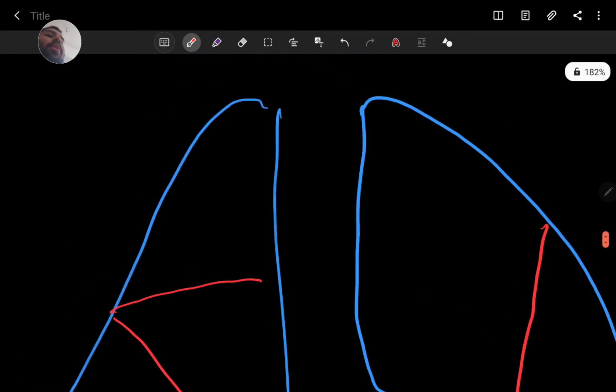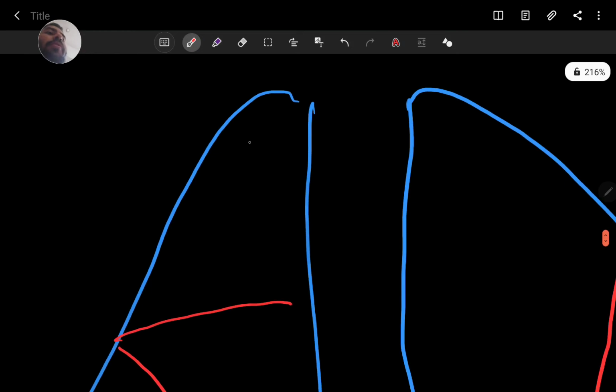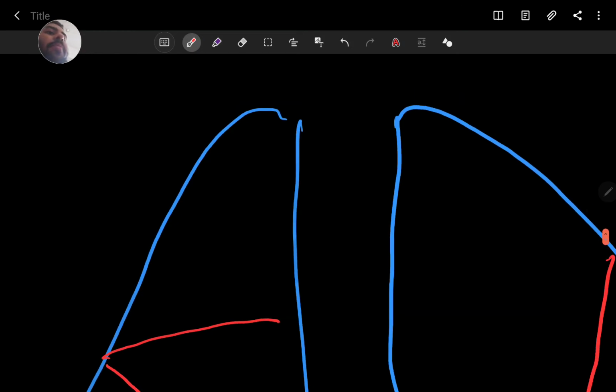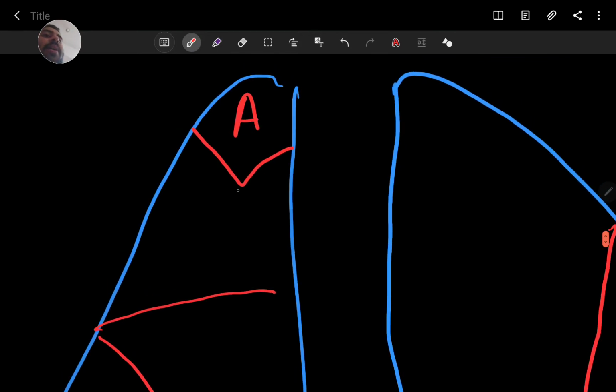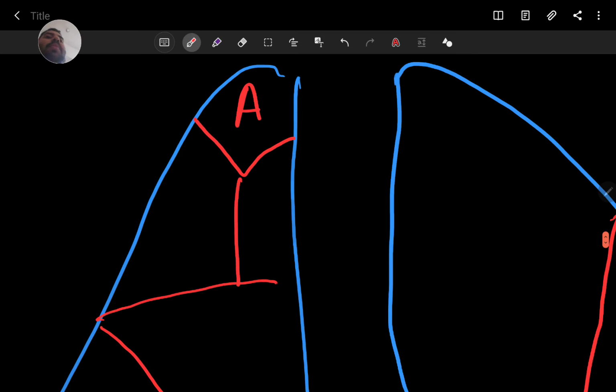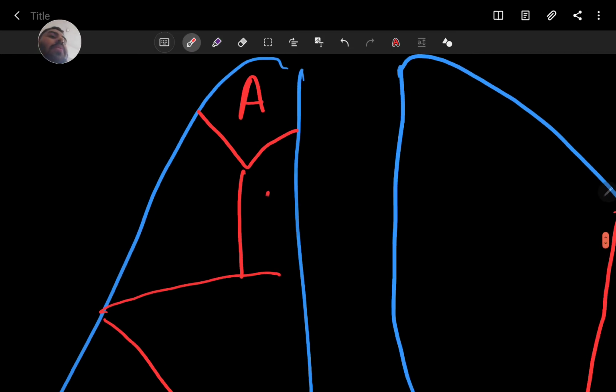Let us focus on the upper lobe of the right lung. You have one apical segment at the top, right? It's at the top, so you have the apical segment, and below you have two other segments. One is in front, anterior, which makes the other automatically posterior.